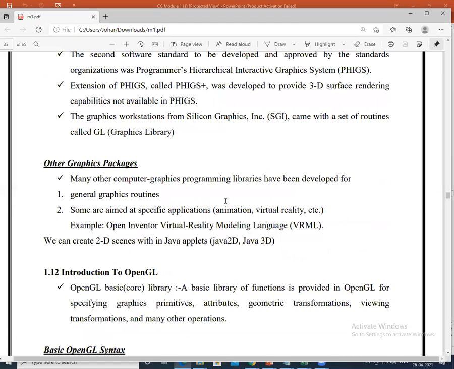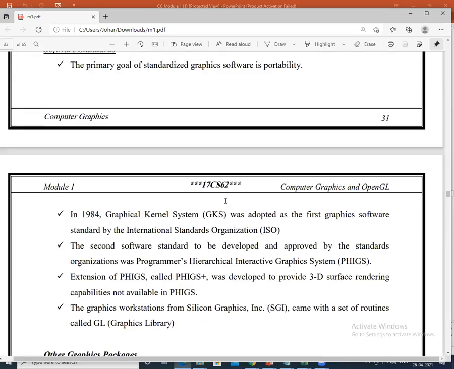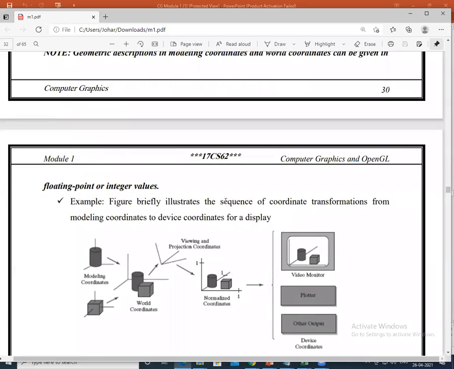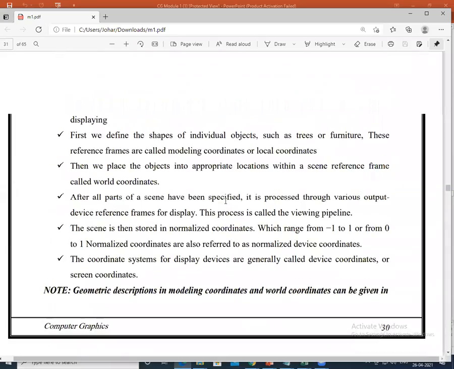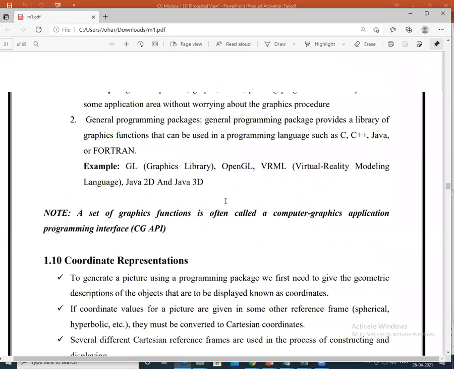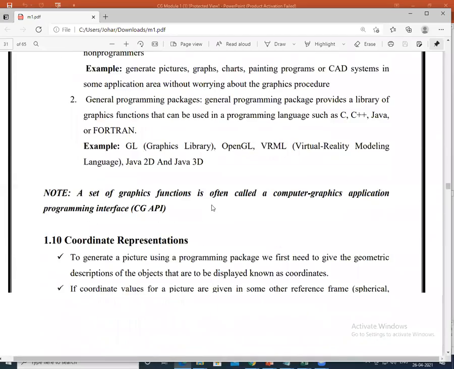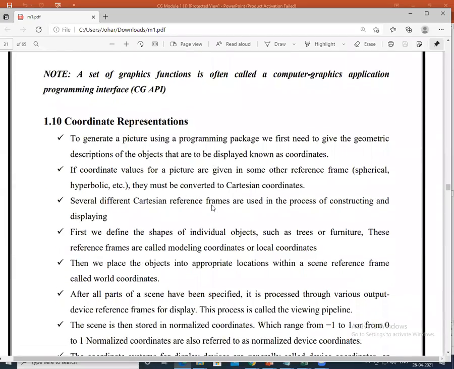So you could see here, I have just attached one of the materials today.